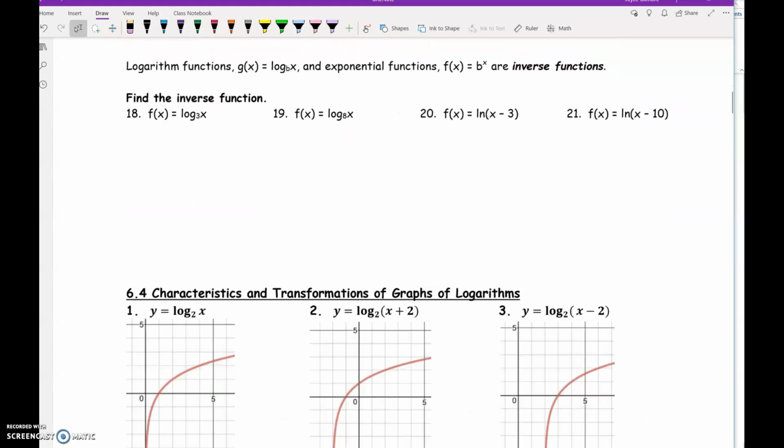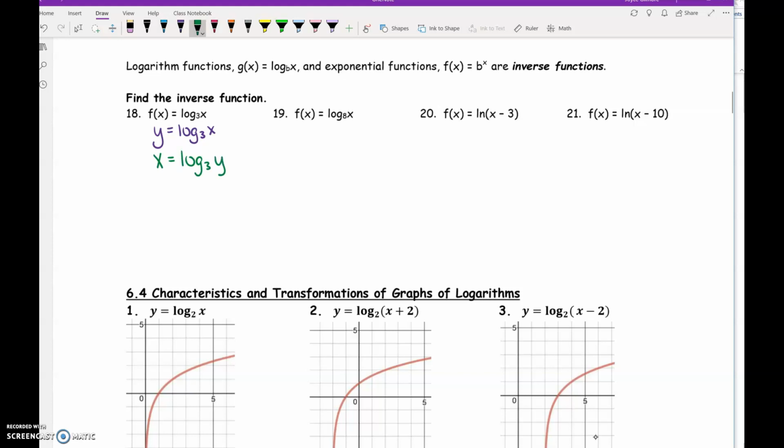Logs and exponential functions are inverses of each other. We've done inverse functions before. Inverses, that's where we like switch the x and the y. So number 18, f of x is a fancy way of saying y equals. To find the inverse, we need to switch x and y. So y becomes x,